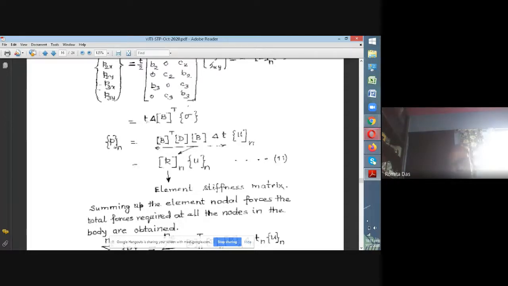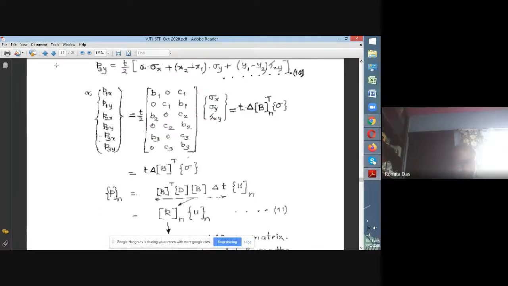In this case, the same thing happens. Here you see that when you are applying loads P1x, P1y, P2x, P2y, P3x, P3y, loads at the corner nodes of the element, it gives rise to displacements which are indicated as U1, U2, U3, V1, V2, V3. It's given by this expression. The nodal load applied gives rise to displacements U1, U2, U3, V1, V2, V3, and there is a multiplier which is called the stiffness matrix.